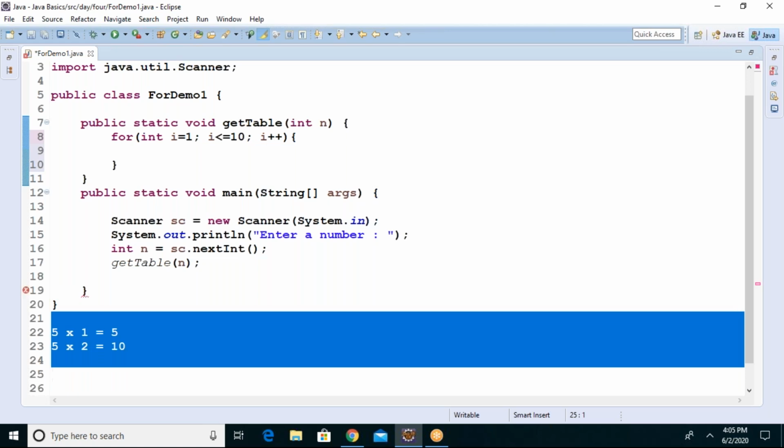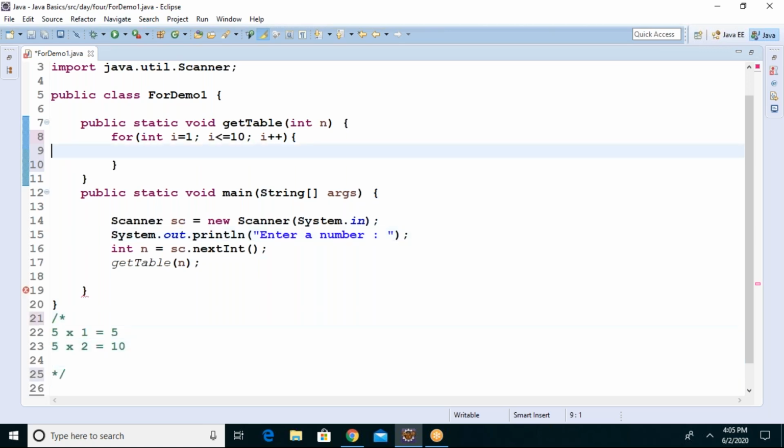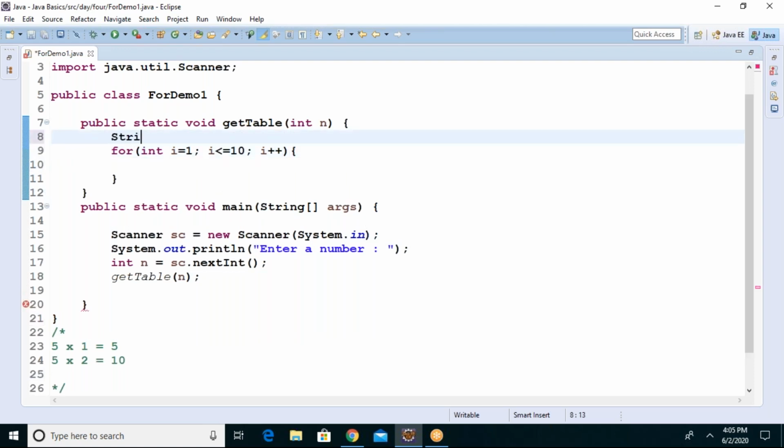We need to keep a String, because you have multiple values to return. We must take String result. Result should be prepared with plus equal.